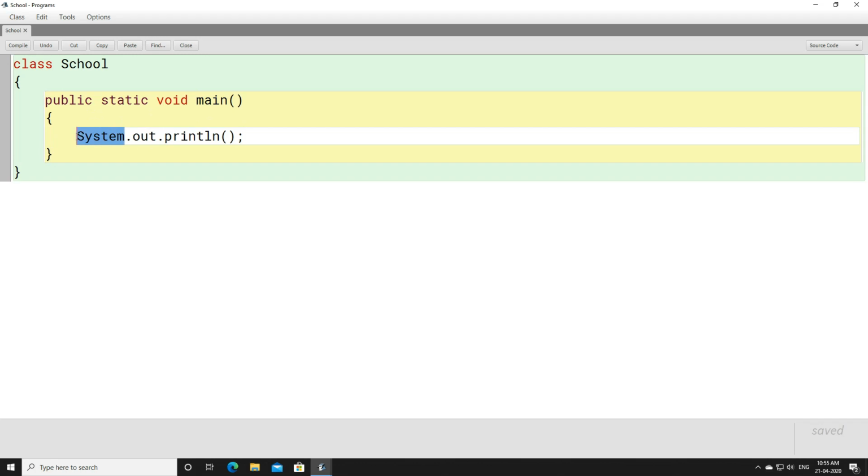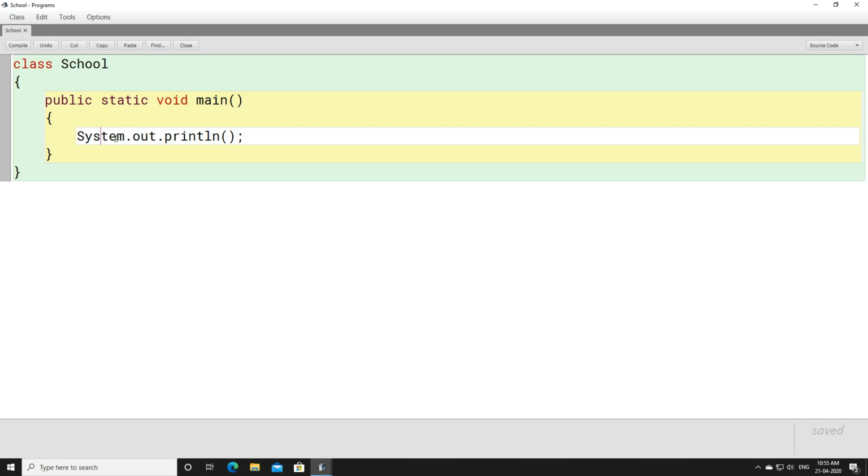So if a question is asked to you in System.out.println, what is System? You can say in System.out.println, System is a class. It is a predefined class, it's not user defined. We have not defined this one. Out is a data member. A class will have data members and member methods, isn't it? So System is a class, out is one of the data members of the System class. Println is one of the member methods of the System class.